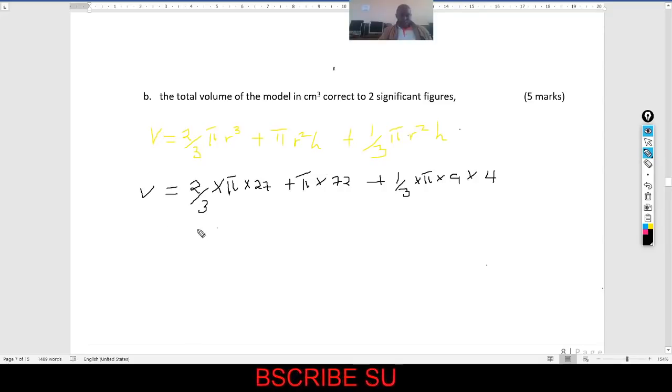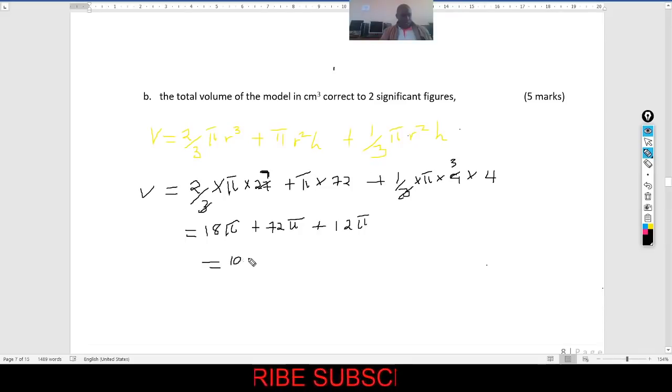If you multiply all this, it gives me 18 pi plus 72 pi plus 12 pi. If you add all this, it gives you 102 pi